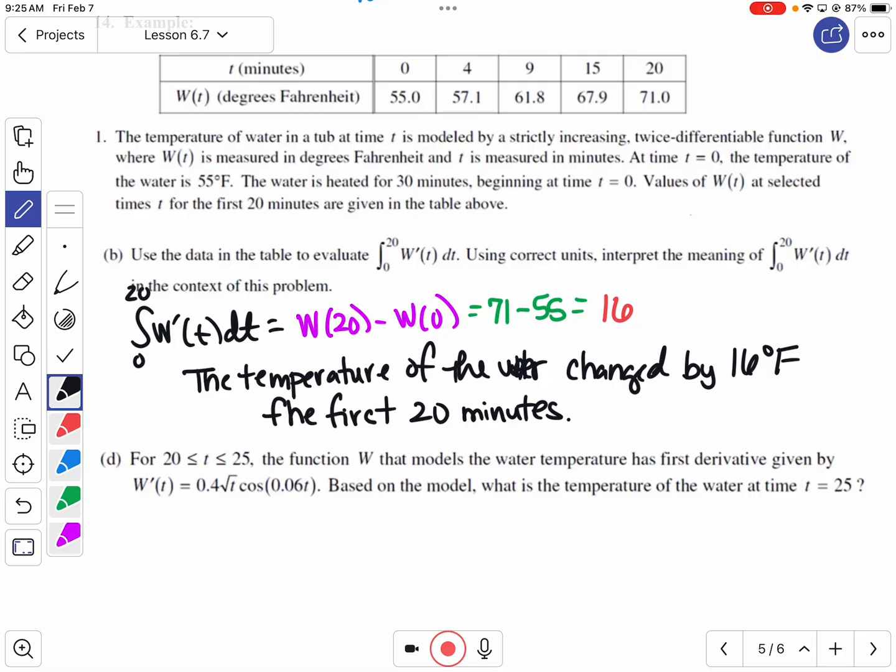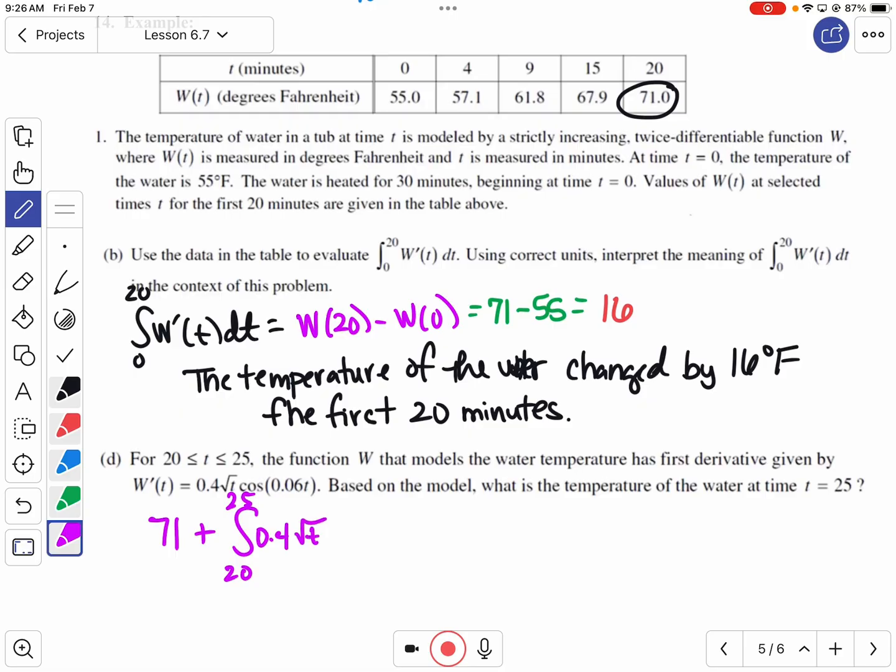Do we know how much it changes at 20? For 20, we know that rate of change, right? But if we want to get the total amount or the total temperature, how much was it at time 20? It was 71, okay? Then we have to accumulate the change from 20 to 25, or the temperature from 20 to 25. So 20 to 25